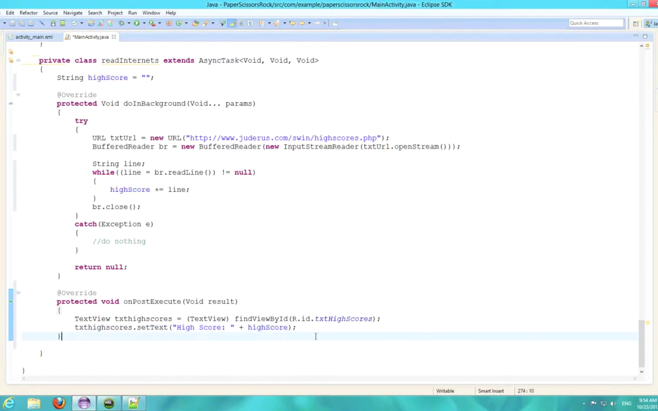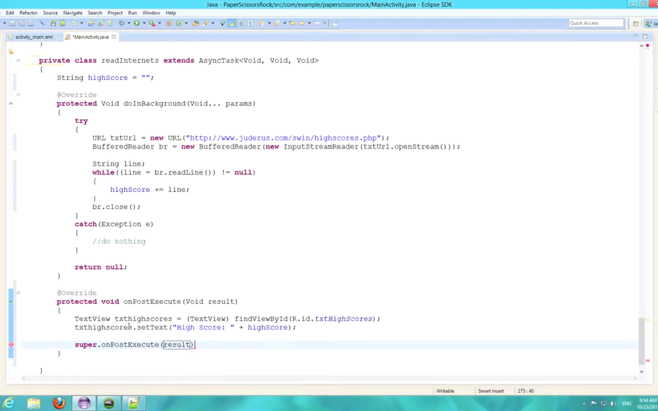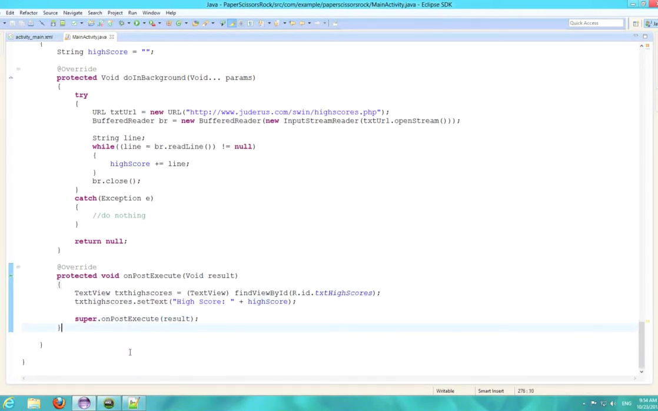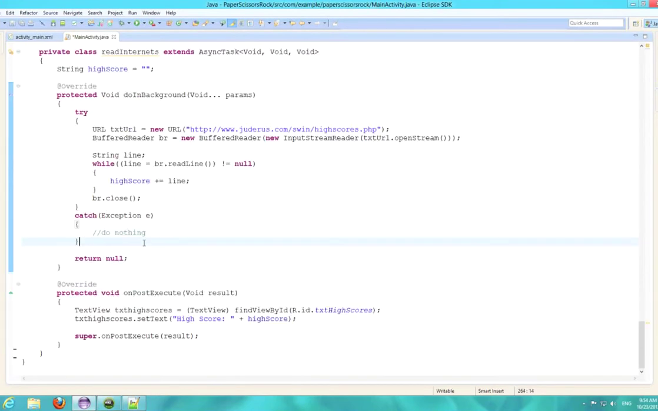And the final thing you need to do in this particular on post execute is we actually need to run the super, so its parent class's on post execute function. So on post execute, and then we just pass it that result, which was null anyway, but that makes everything work happily. Okay, so we've got some fairly simple code. Most of it's familiar. The only new thing is this read internet extends